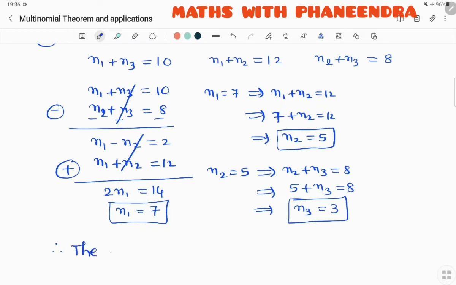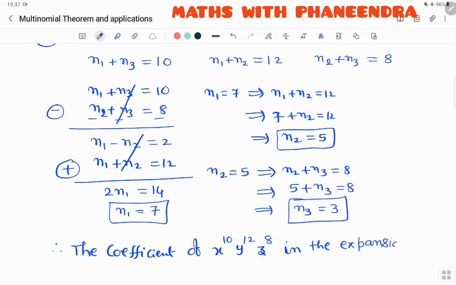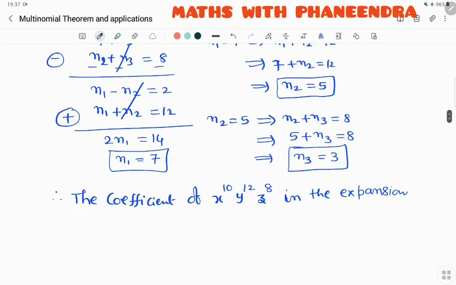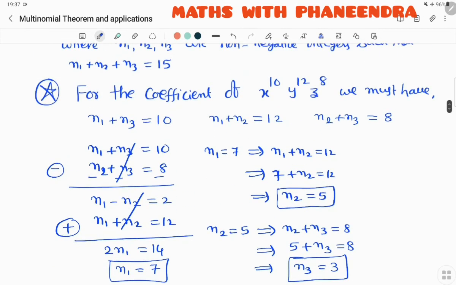So therefore the coefficient of x power 10, y power 12 and z power 8 in the expansion of (xy + yz + zx) whole power 15 is equal to 15 factorial by, in place of n1, 7 factorial, n2, 5 factorial, n3, 3 factorial. Next,